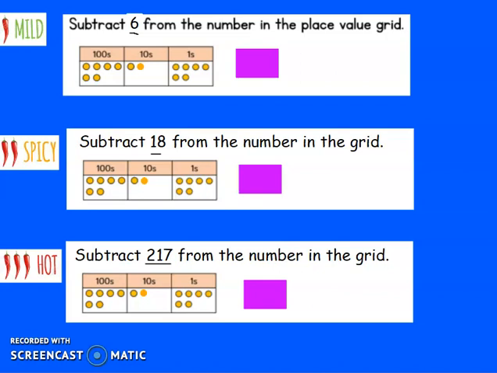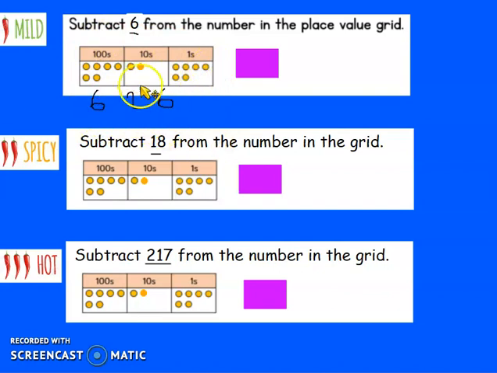Well done for finishing this task. Let's go over the answers. So how much do we have in each one? If you notice, we have the same amount. So how many hundreds do we have? 1, 2, 3, 4, 5, 6 hundreds. How many tens? 2. And how many ones? 6. So the number that is represented in the place value grid is